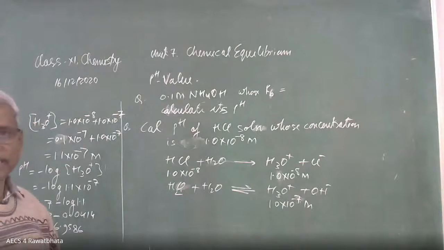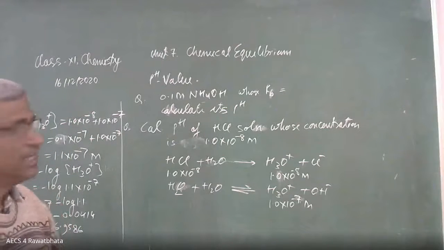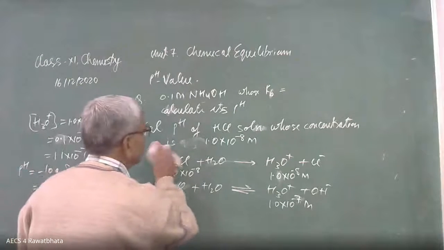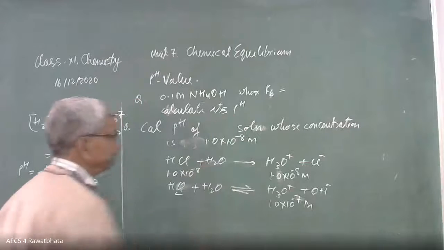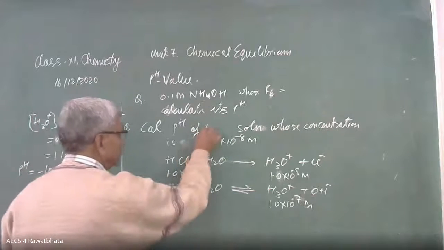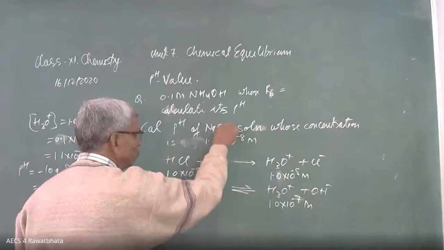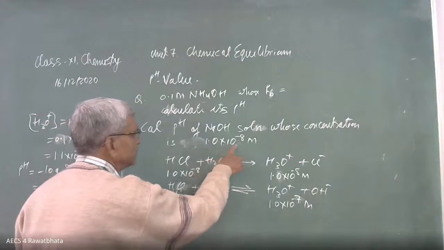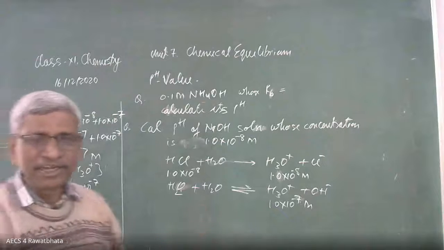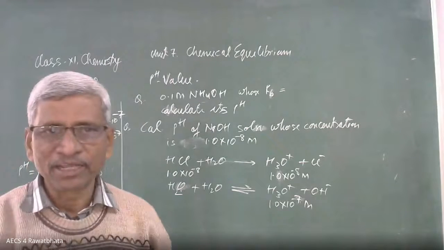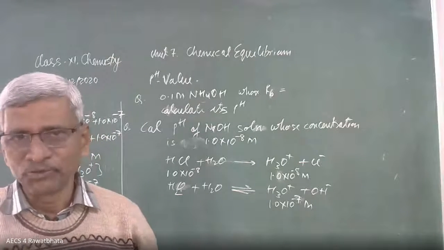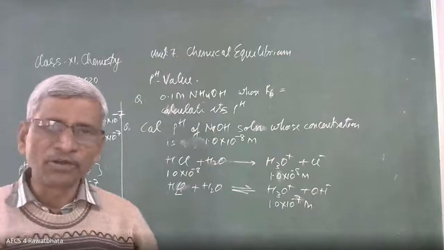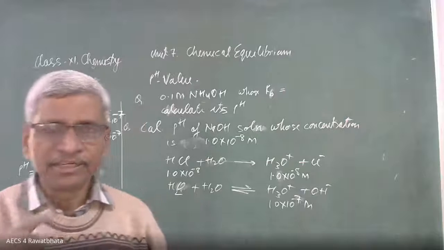This is the tricky numerical, and this is the way to solve that. एक हम आपको दे रहे हैं क्वेश्चन और उसको सॉल्व करना है घर पे. Calculate pH of NaOH solution. देखिए मैं चेंज कर रहा हूं. NaOH solution whose concentration is 1.0 × 10^-8. HCl की जगह NaOH कर दीजिए. That is the numerical for you. तो दो न्यूमेरिकल हमने आपको दिया, एक NH4OH का जो कि वीक बेस है और एक NaOH का. प्लीज सॉल्व करिए.